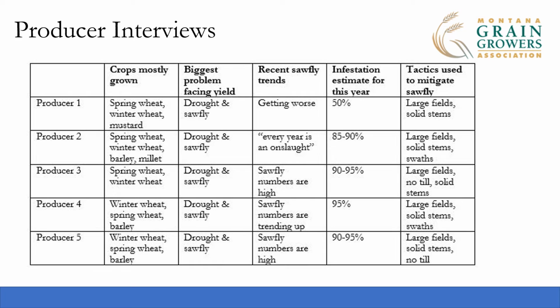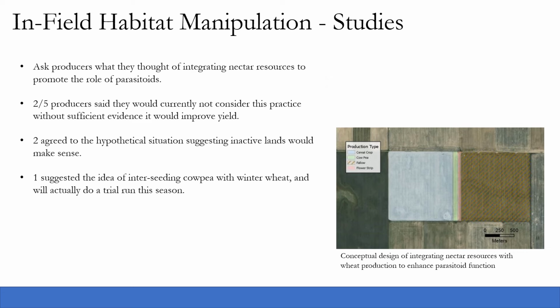All these farmers also said that drought and sawfly were their 2 biggest issues, and all noted that sawfly infestation recently has been bad and seems to be getting worse. From my conversations, my biggest takeaway was that the sawfly infestation is getting worse and current management practices are not sufficient. For the second part of the interview, I explained the work my colleagues have been doing on supplementing the